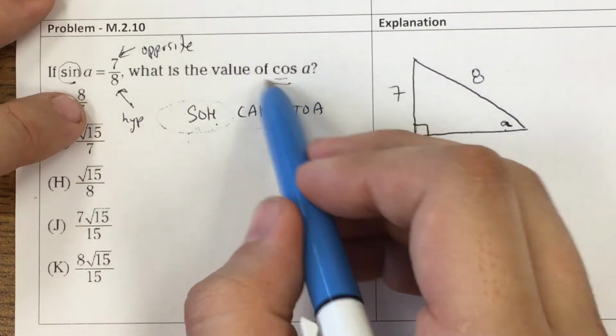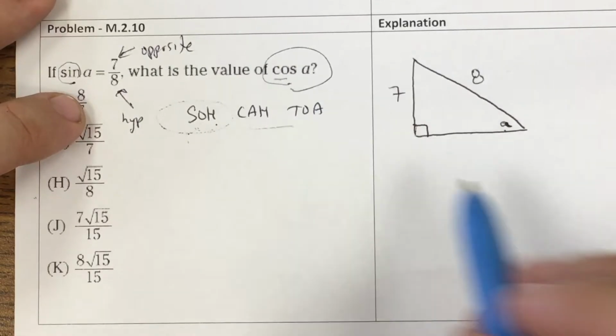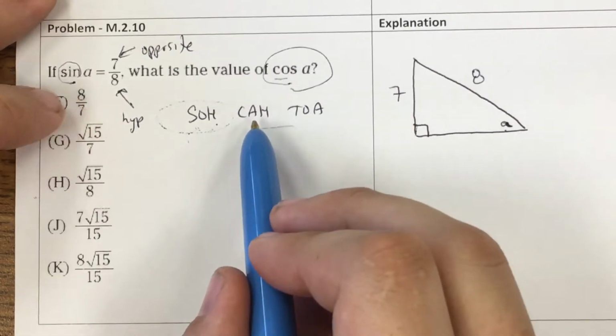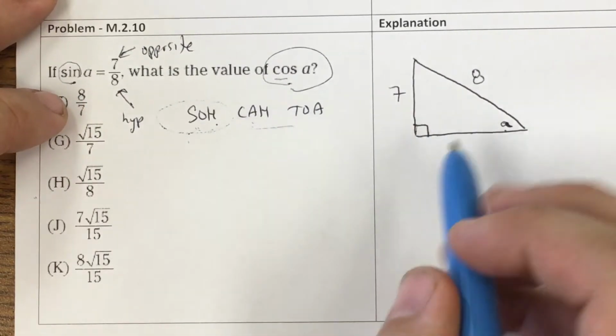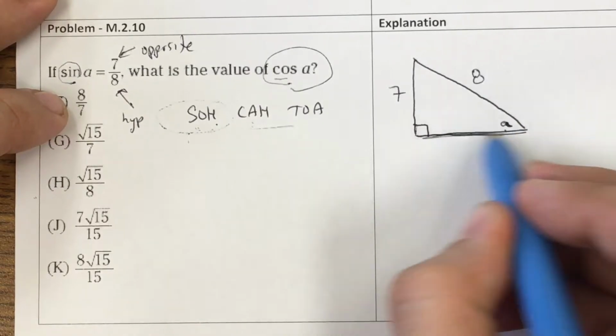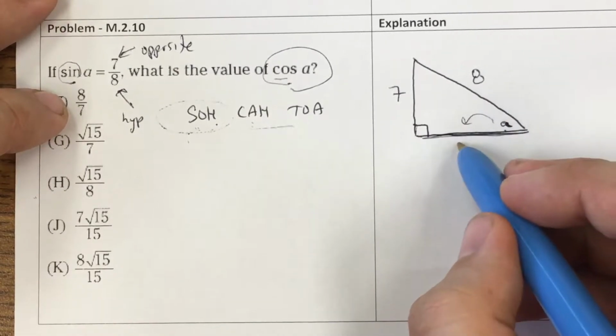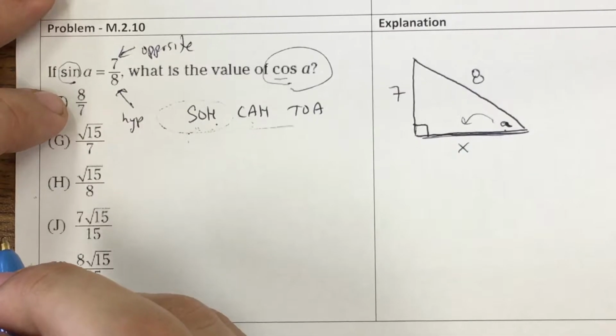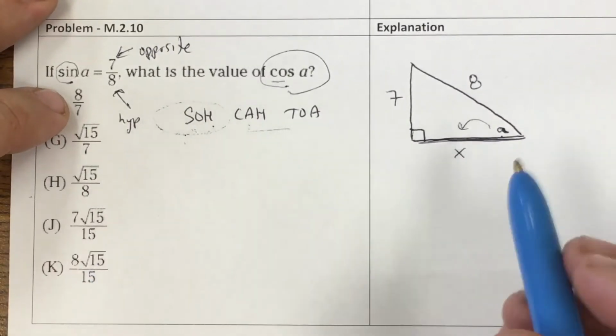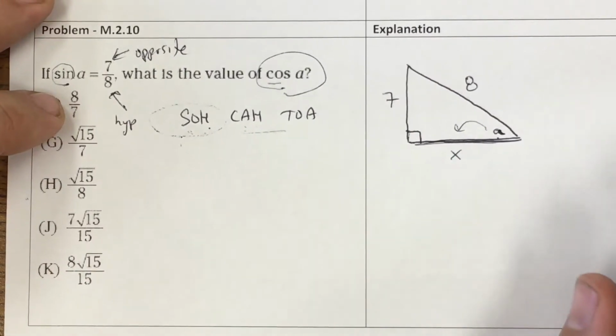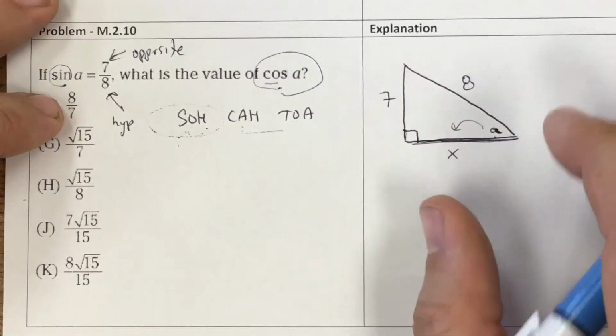So the question is, what is the cosine of A? And I know that the cosine with SOHCAHTOA is the adjacent over the hypotenuse, but I don't have an adjacent side. So that means that I'm going to have to label this with something that I don't know, which is an x, and I'm going to have to use our dear friend Pythagoras, the Pythagorean theorem, to figure out what